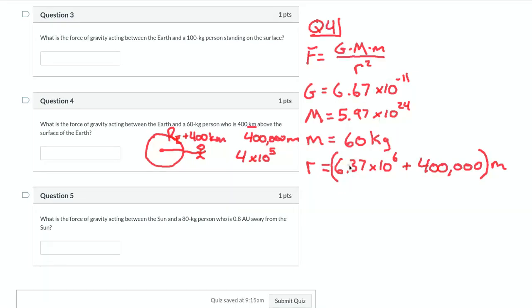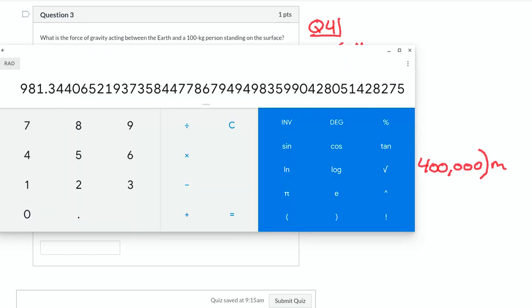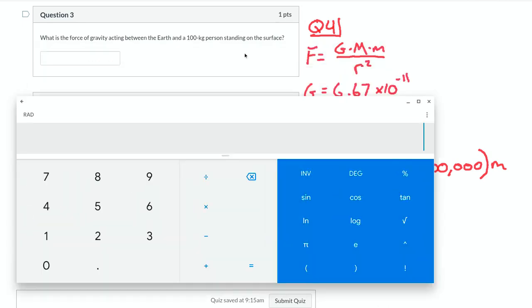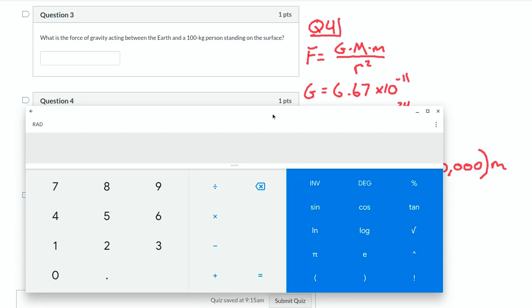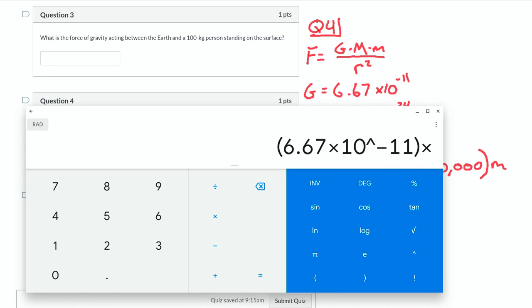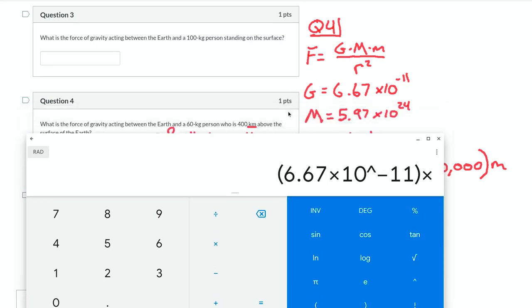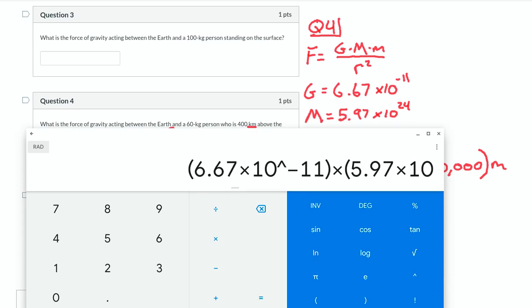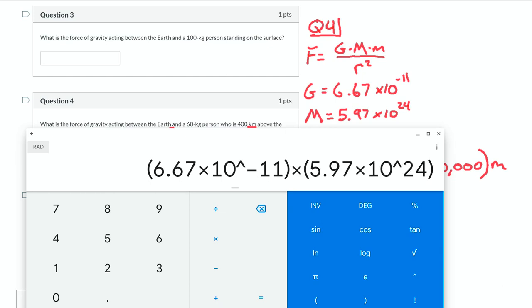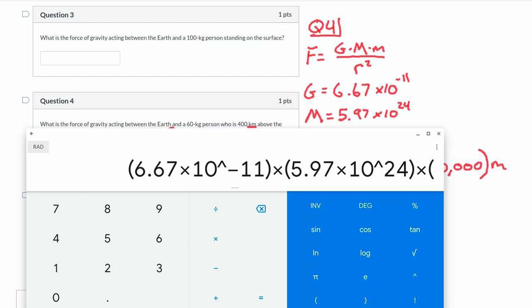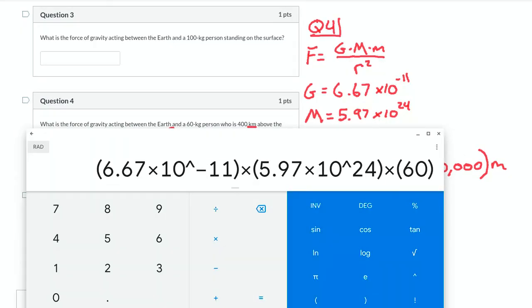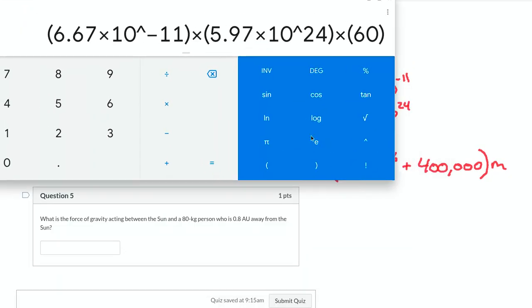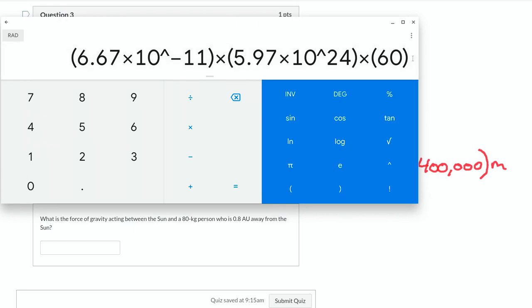And again, instead of rewriting all those numbers, I'm just going to go right to my calculator. All right, let's clear this out. So here we go. Up top, I've got 6.67 times 10 to the negative 11, parentheses, times the big mass, the mass of the Earth, parentheses, 5.97 times 10 to the 24, close parentheses, times the smaller mass. In this case, that is 60 kilograms. All right, and now divided by